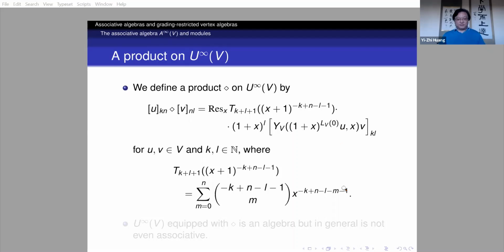One thing I want to mention is why you have these. One can ask, these also appear in the Zhu algebra: why do you have these 1 plus x and so on? They come from this. When you want to make sure that you apply to the module, you have the composition corresponding to here. You want these to agree, and then you have to use associativity to prove that. When you use associativity or the Jacobi identity, you will see that such 1 plus x appear. So that's the reason.